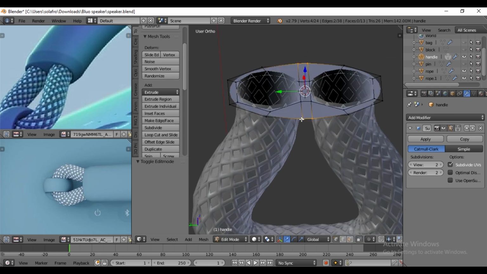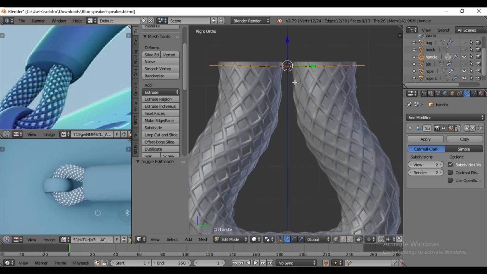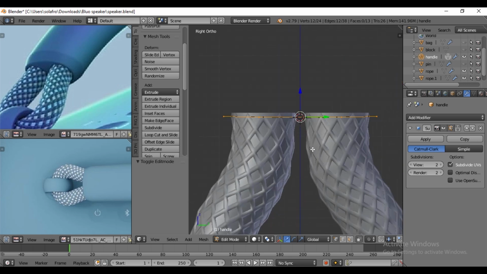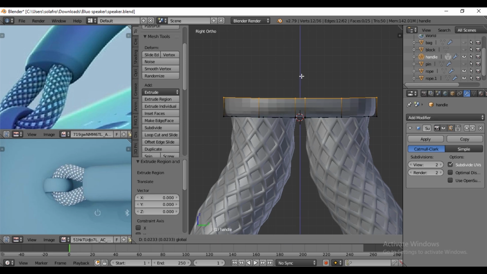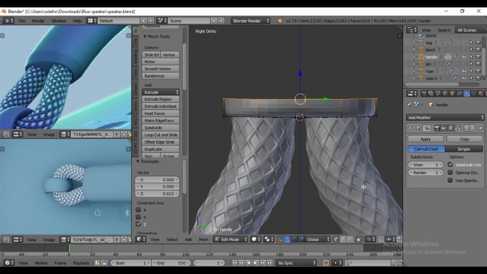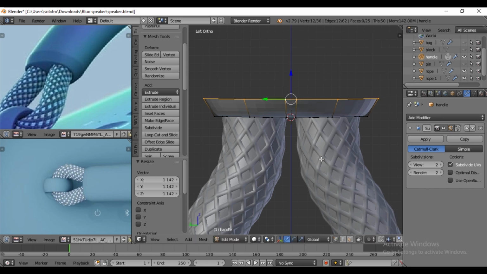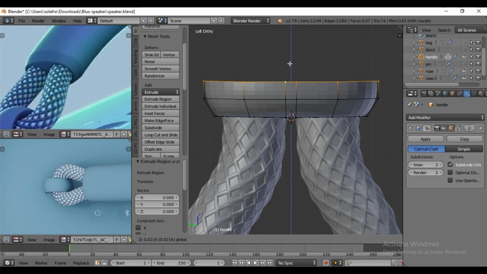By pressing Alt, select the loop. Then press E to extrude in Z axis, and scale by pressing S. Again press E, then extrude in the Z axis.